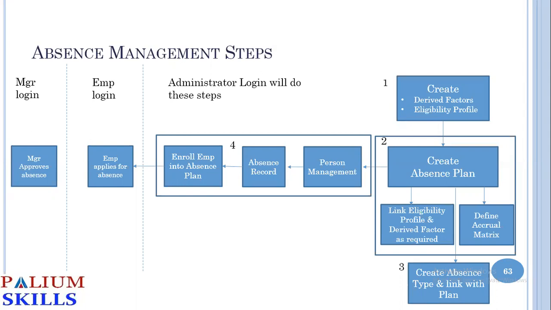Similarly, you have eligibility profile. Eligibility profile means you can define rules. Like we were talking about the other day, smoker or someone who smokes tobacco, or you could have a gender related one, male, female, or what type of payroll eligibility, full time, part time, and there are n number of factors that can be used to create an eligibility profile in the system. These are one-time creations, or as and when needed, we create these eligibility rules. And then we link them with our absence plan.